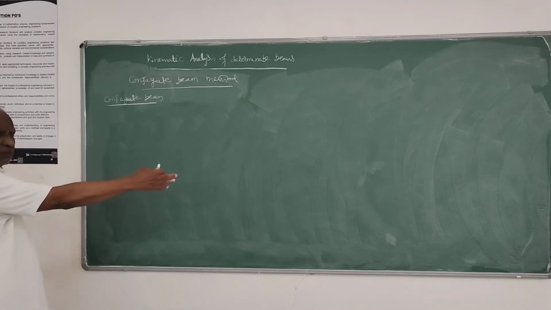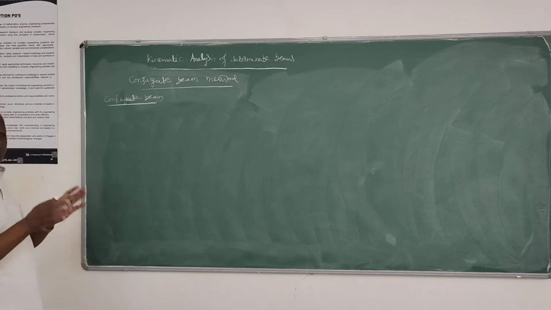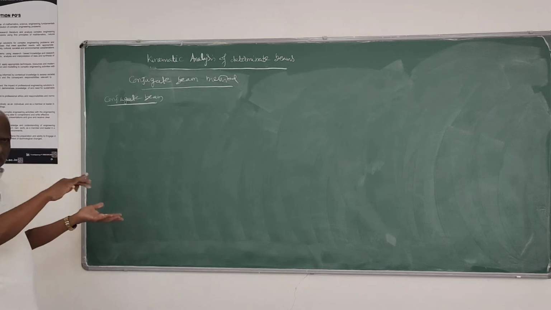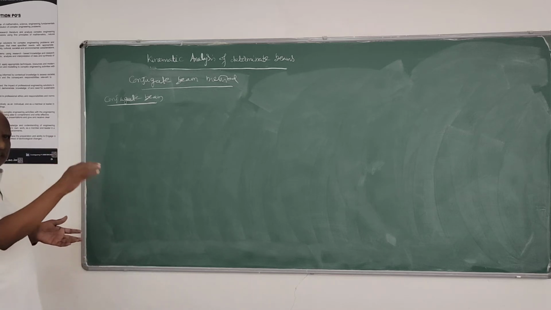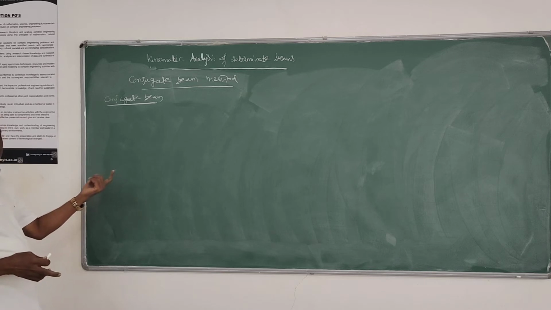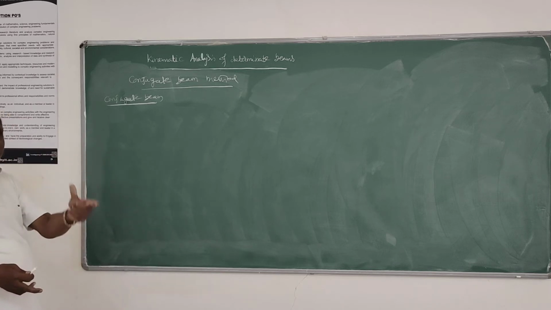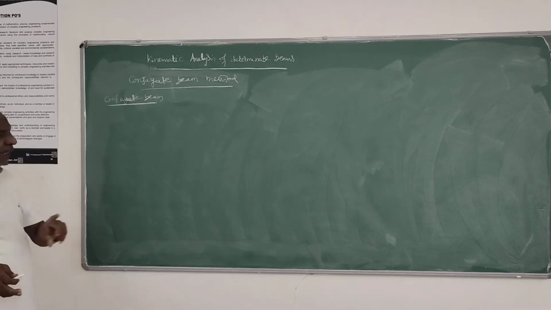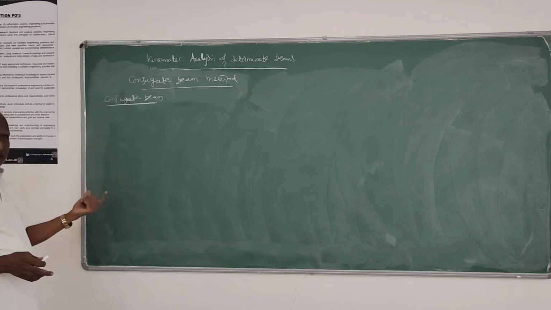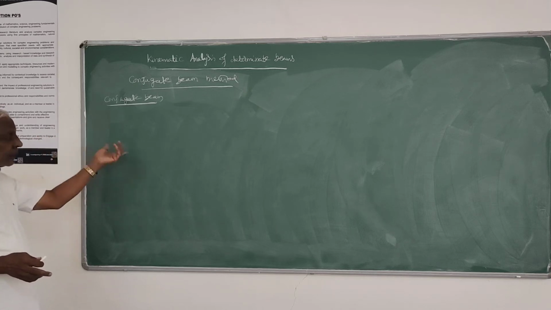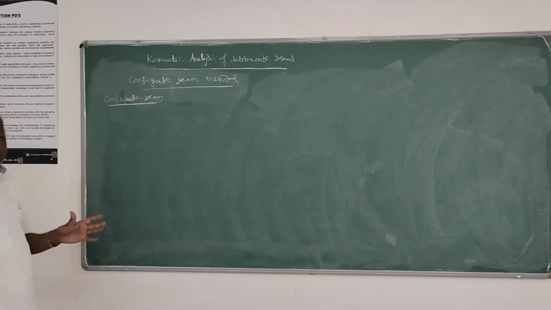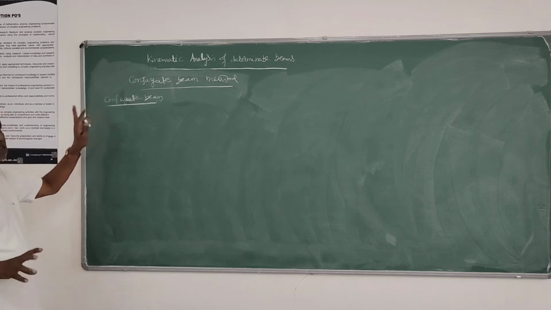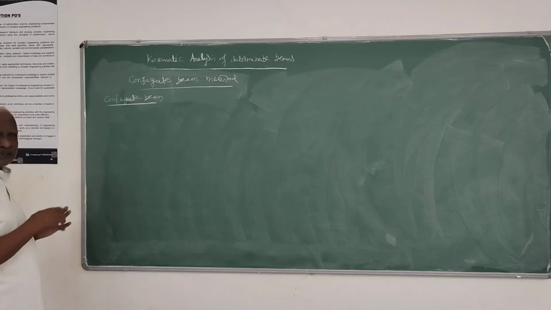The actual beam given in the problem, we call that the real beam. For that real beam, we have to write another imaginary beam, the conjugate beam, and do the calculation in that imaginary beam. That's all. This conjugate beam is similar to the real beam in geometry. Geometry means length and area of cross section, so they are the same as that of the given real beam.